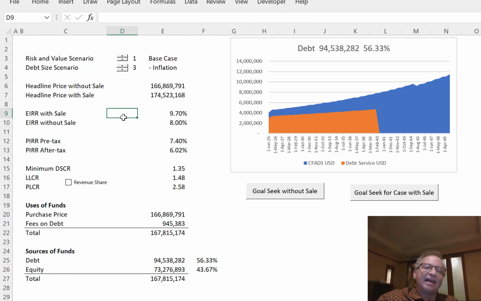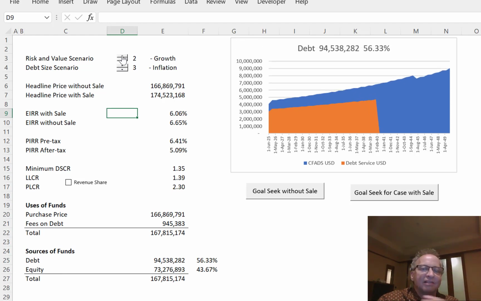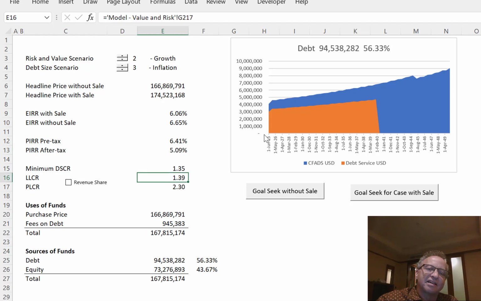So let's say that right now, let's switch this risk and value case to a case that has lower growth. I lowered the growth. I'll discuss that. And then right now the LLCR is higher. What happened is we didn't use this case to size the debt. Let's use the same case